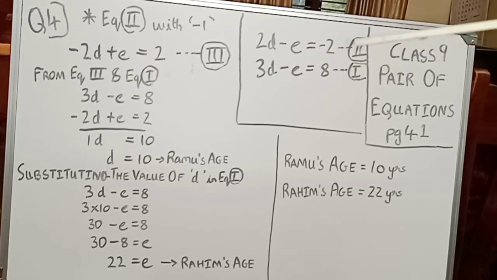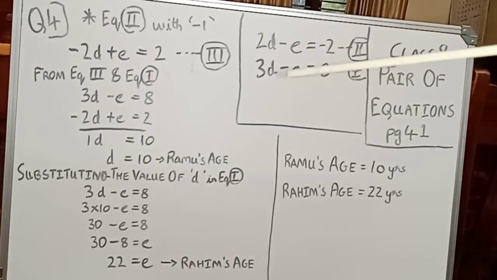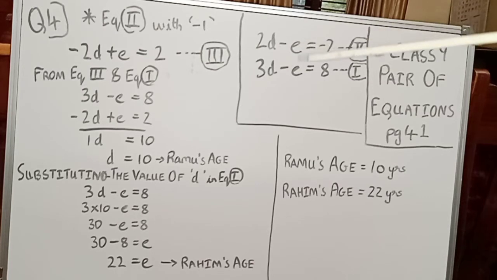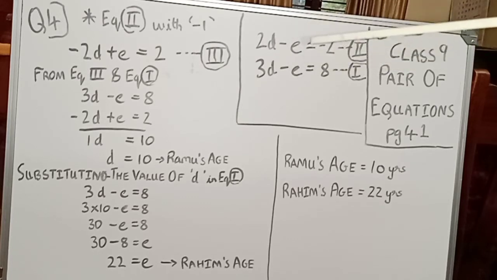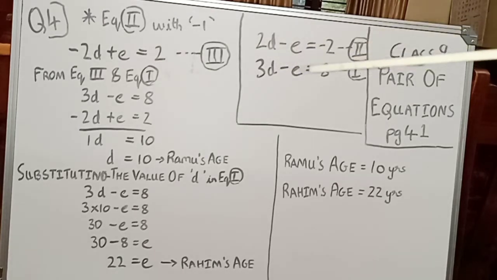Now if you see carefully these two equations, the E has similar signs, so this cannot be added. Since we don't know D and E, there is only one method, that we have to subtract any one of the terms, either 2D or E. For simplicity, this E can be easily eliminated if you reverse the sign. So in order to reverse the sign, we are doing this.